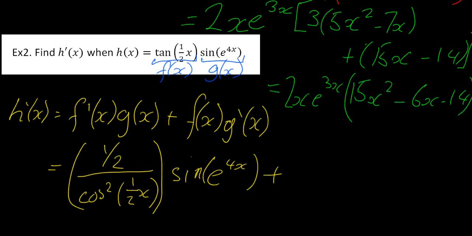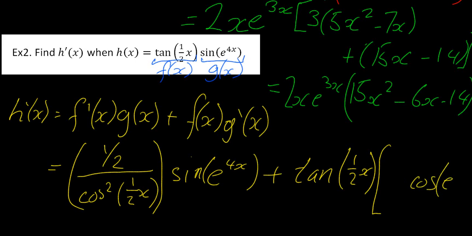plus, we're going to leave f of x now, so leave it as it is as tan half x, and the derivative of g of x over here, this one is going to be a little bit bigger, so we know that we have to leave, sine turns into cosine, e to the 4x in the bracket there, a little bit messy,